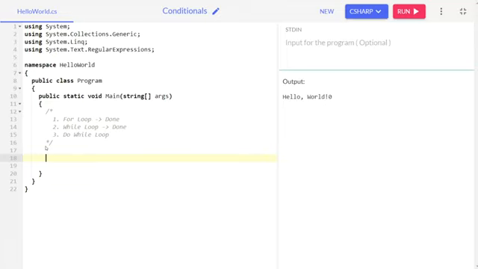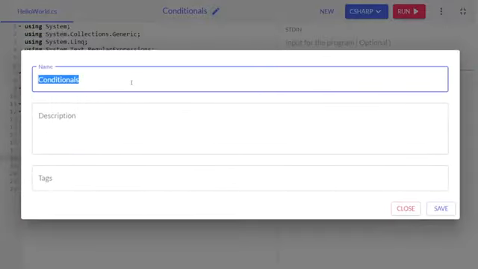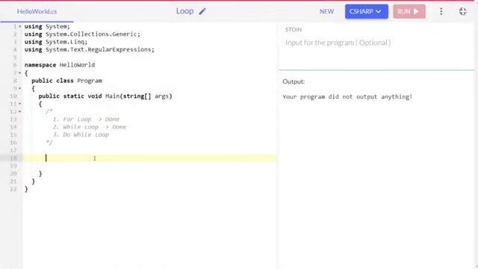Now here's the last concept we are going to learn in this conditionals. Oh, sorry, not in this conditionals. I guess I forgot to change the name. I'm very sorry, so I'm going to change the name. So in this loop concepts, we are going to learn this last thing, that is